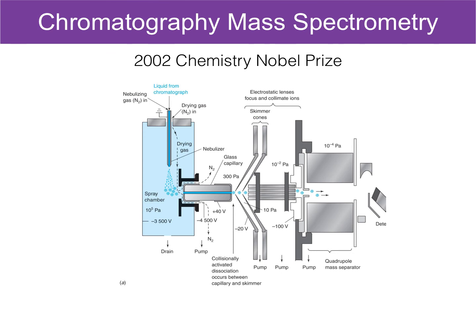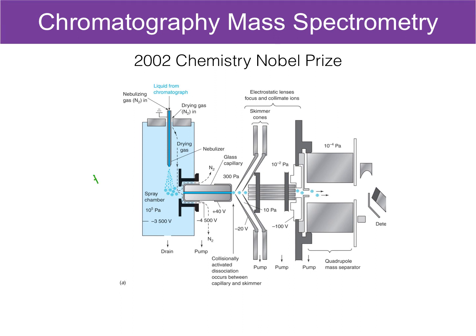Now, I'm not going to go much into this, but the 2002 Nobel Prize in Chemistry was about how we were able to combine a liquid chromatography with mass spectroscopy. And the really, really amazing part that this even worked